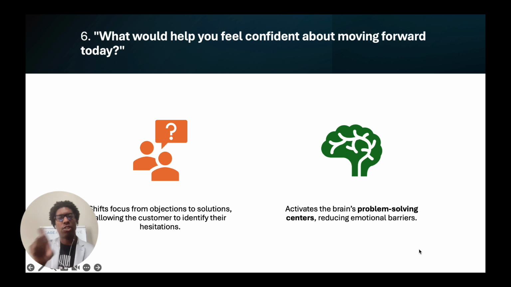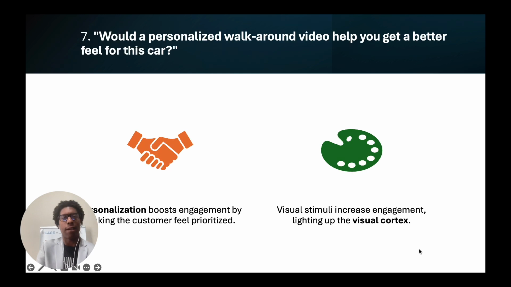Ooh, I love that. Shift the focus from objection to solutions. And this allows the customers to identify their hesitation. So this is really good too. You know, when the customers say, I want to think about it or I'm not ready, these are questions like, hey, what would make you feel more comfortable about moving forward? This is just you and I talking. Maybe the price, maybe it's a down payment, maybe it's the interest, whatever those things are, it's again showing that there's some care that's coming from us, but it's also allowing the customer to express their objection, but then we can also help them find the solution. Love that.